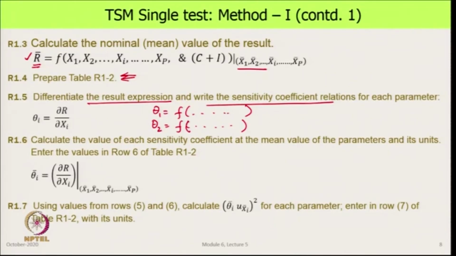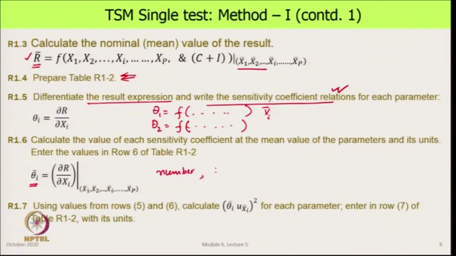So, here we just got the mathematical relation written up. Then we put the mean values into the right side of this, which is all the xi bars, and we get the value of theta I, which we have called here as theta I bar. So, these are now numerals, numbers,